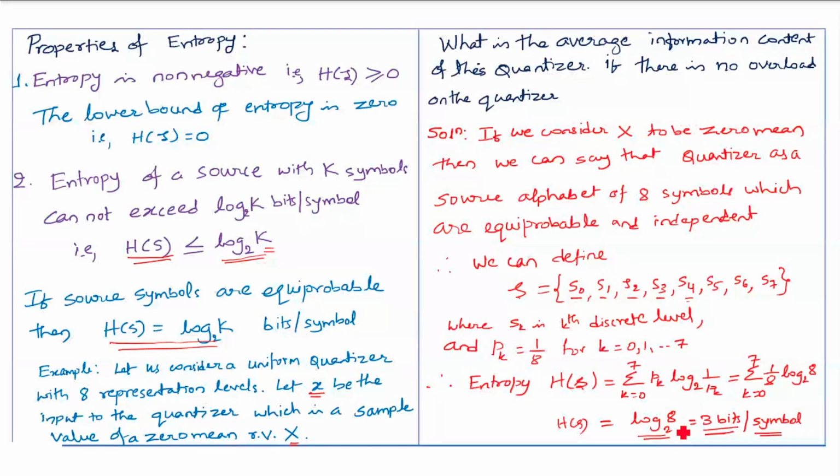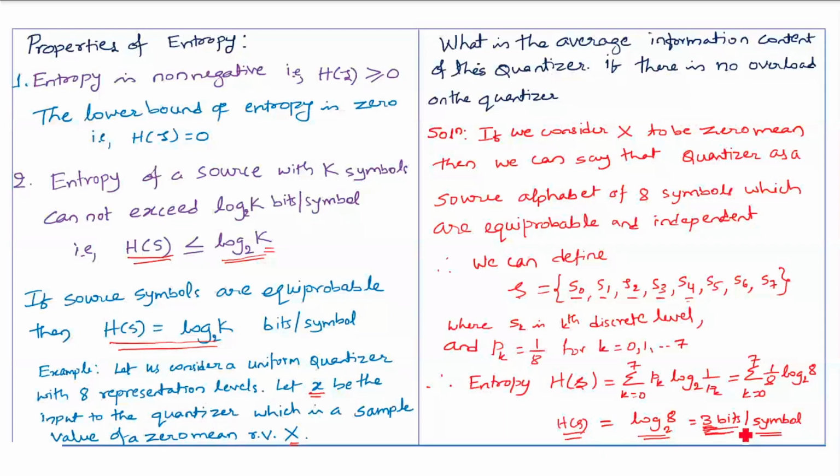Each level can be represented by how many bits, Yuvraj? Each level can be represented by 3 bits, right? So what this entropy says is how you can code. You can encode each level with 3 bits here, or you can encode on an average 3 bits per symbol,